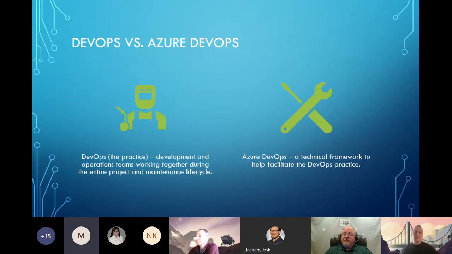DevOps versus Azure DevOps. So DevOps, the practice, which is not what we're going to be talking about. I went and looked online, searching for the definition of DevOps, and I saw hundreds, if not thousands, of definitions. And really what I was looking for was something simple that helped give the flavor of what DevOps is, which is the development and operations teams working together during the entire project and maintenance lifecycle. It's a pretty broad definition, but I think it also speaks to the spirit of what DevOps is, which is collaboration between teams